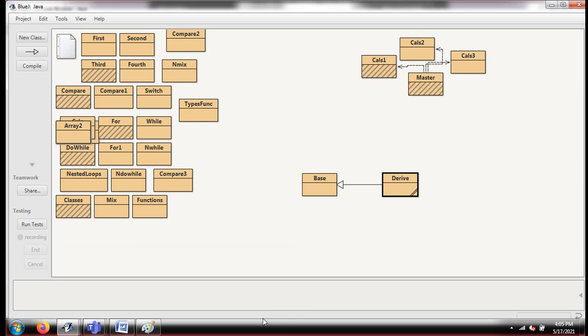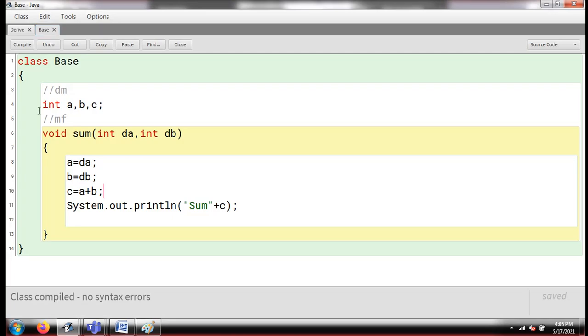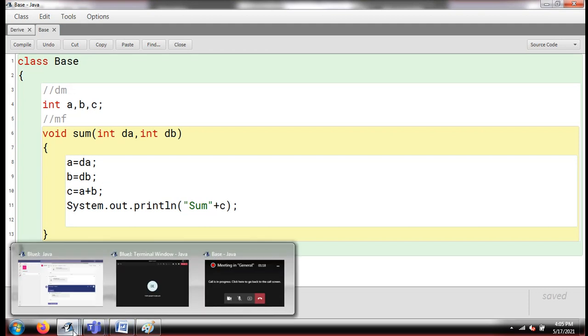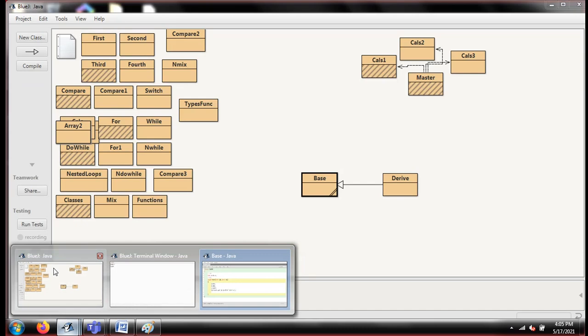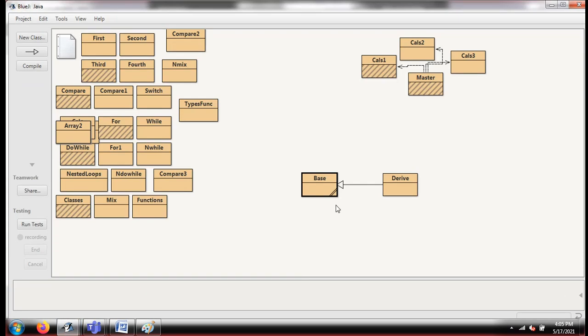Whenever you are working in a project, different classes can be designed, different names can be given, and data members can be used in more than one class, and this is so useful. So whatever data member you are writing here, like ABC, the same data member can also be used in some other class. But keep in mind that at a time only one base class can be a part of a drive class. But if you want, you can follow multiple inheritance, multi-level inheritance. So we have different types of inheritance.